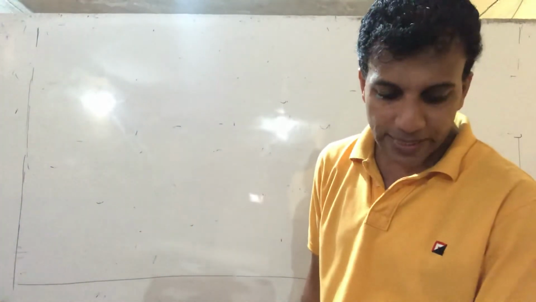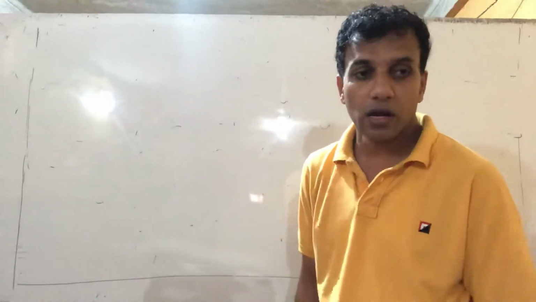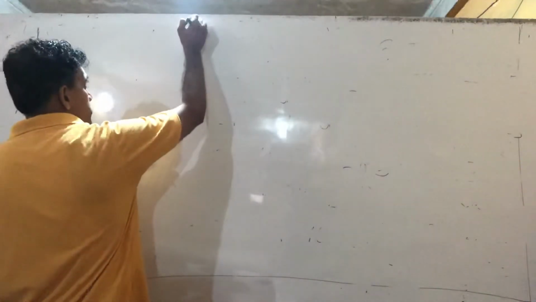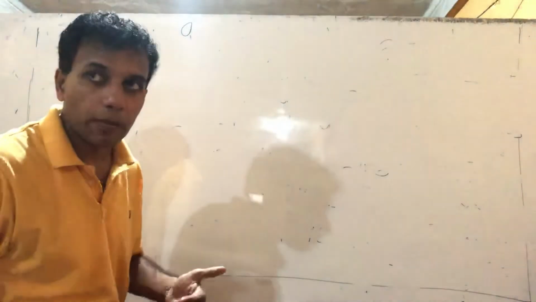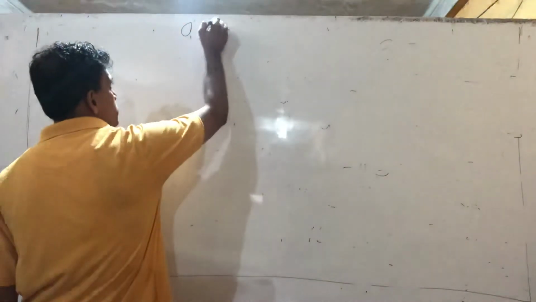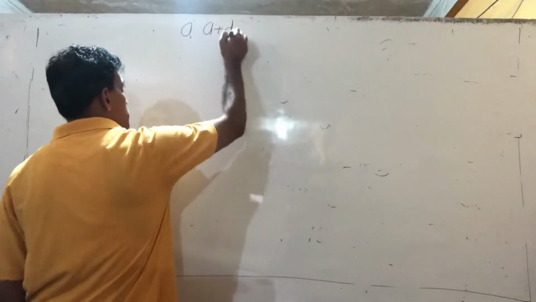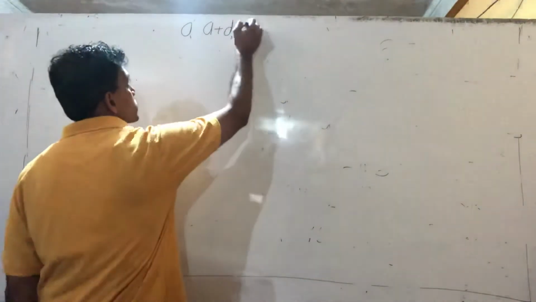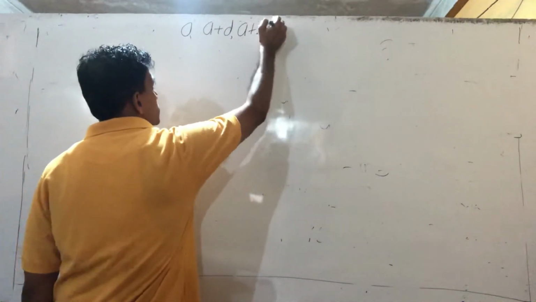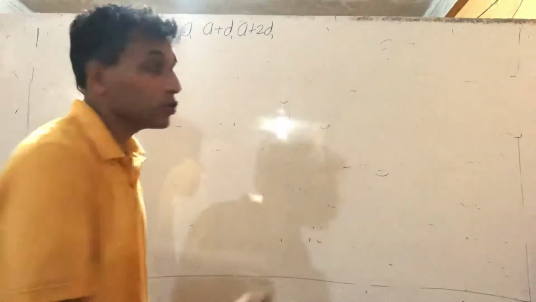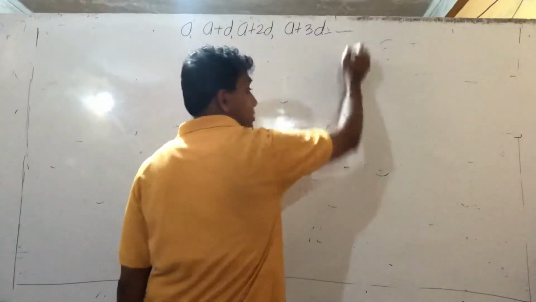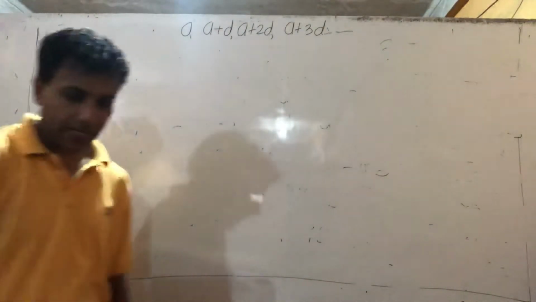In an arithmetic series, the third term is 7. I will explain once again the general pattern of an arithmetic series. First term is A. Our second term, A plus D. The third term, A plus 2D, right? Our next term, A plus 3D. So in the very first class, first video, I showed this pattern, right? Okay, now they say